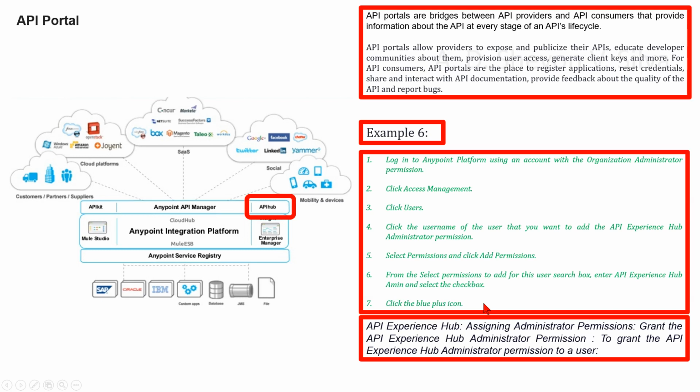Grant this permission when you want another user in your organization to perform the Salesforce linking process, create and curate the portal, manage the portal, and manage users. To grant the API Experience Hub administrator permission to the user,